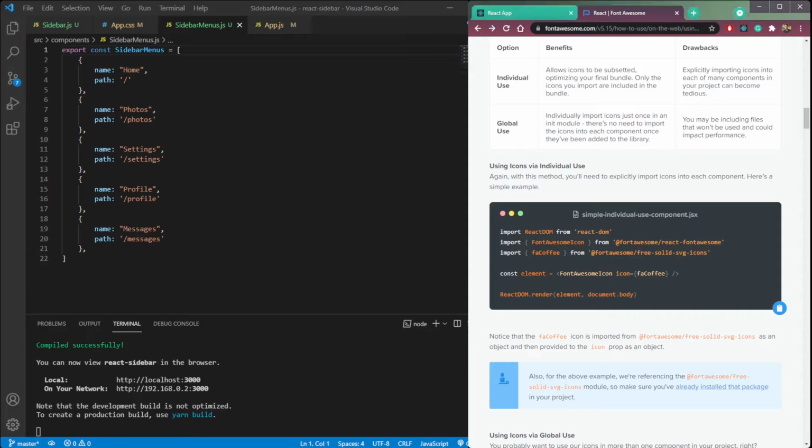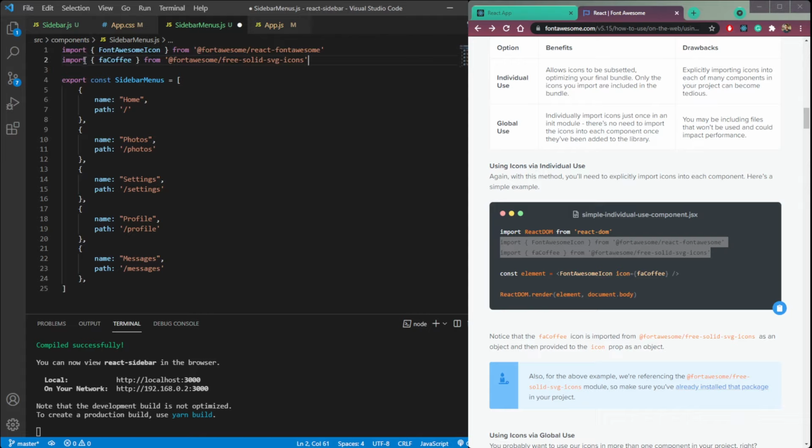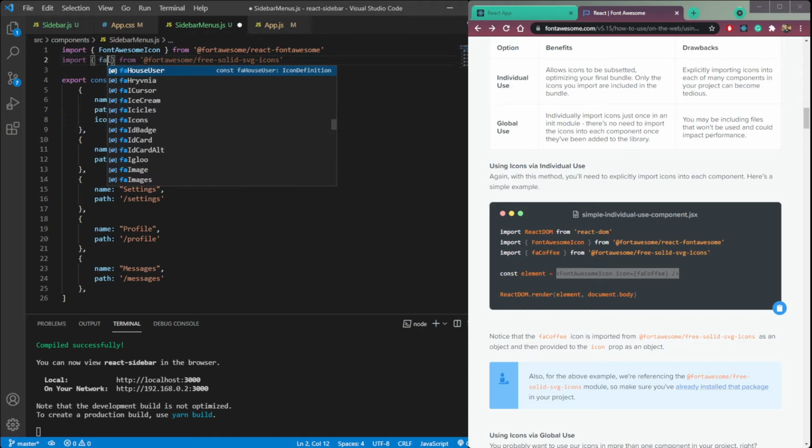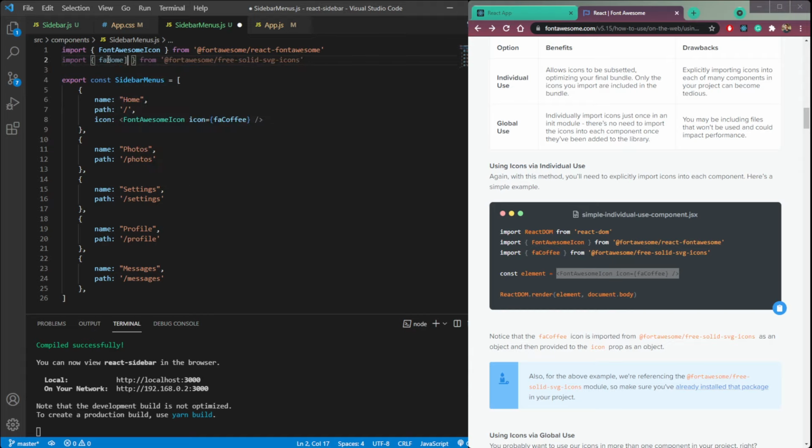So now let's use them. So this is the documentation, simple documentation on how to use the icons. So copy this and use this Font Awesome syntax. Create one more key called icon and paste it here. This syntax, this Font Awesome syntax. Then let's find some home icon. So we can say home for suggestions and paste it.